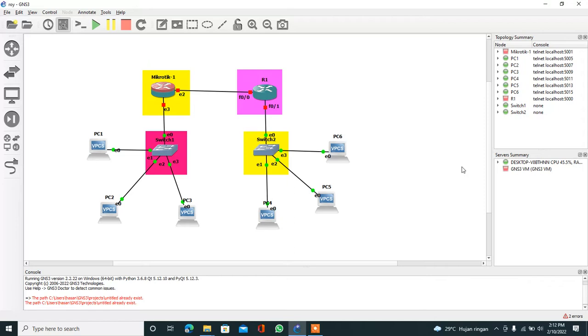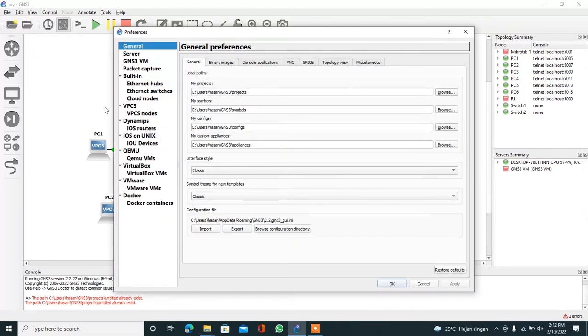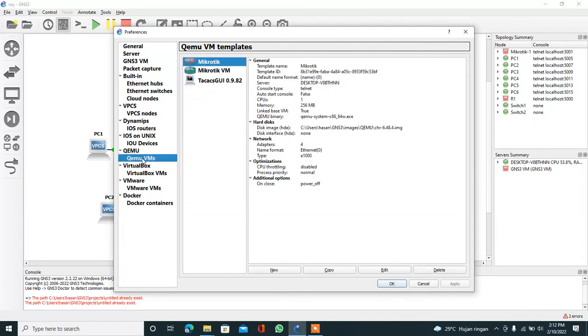First, the MikroTik router. Here we'll use the CHR router. To add a router, you select Edit, Preferences, and select QEMU VMs.